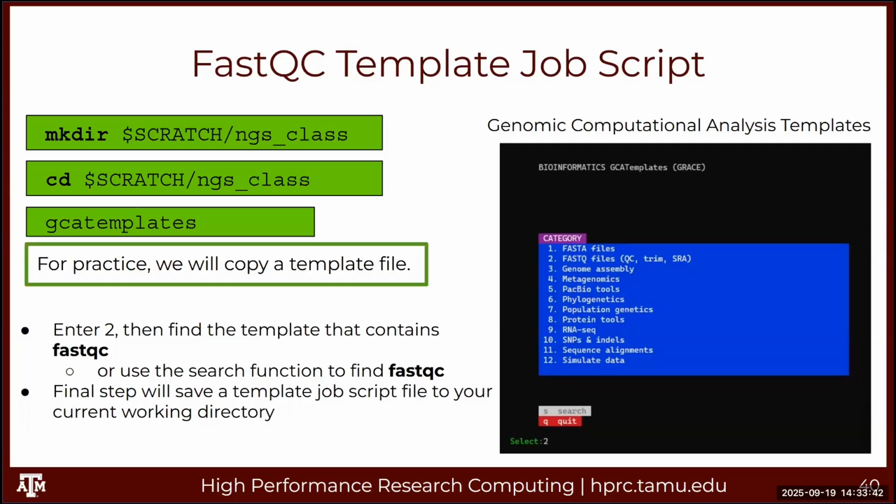Okay, and then type in GCAT and hit the tab. See how it fills it in for you, and hit enter. Okay, now we all got to the menu. It's going to look a little different than what's on the